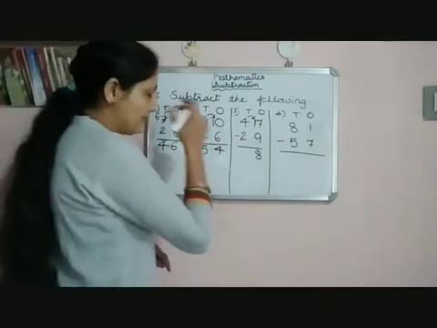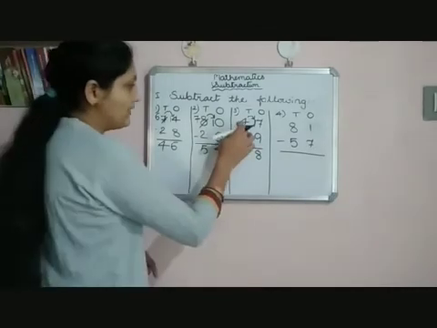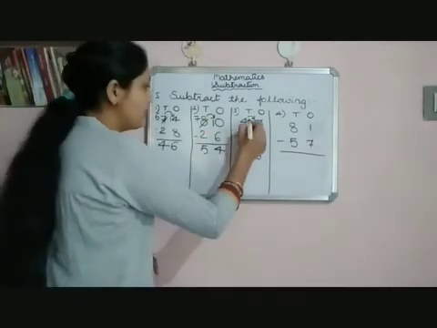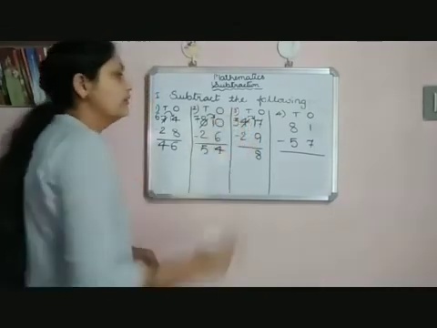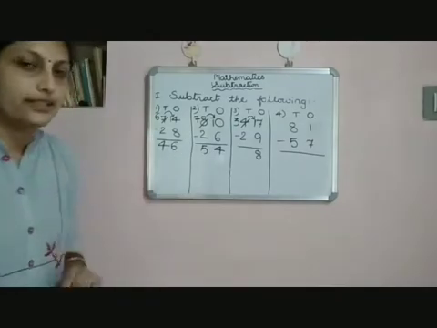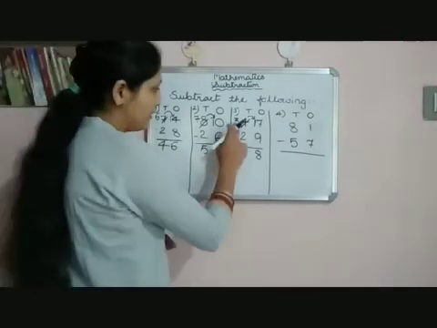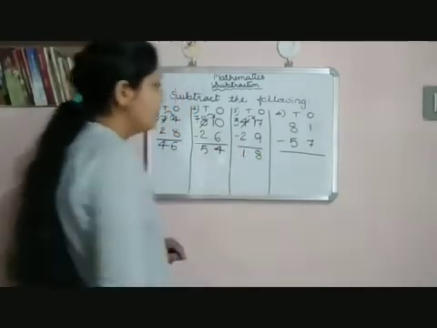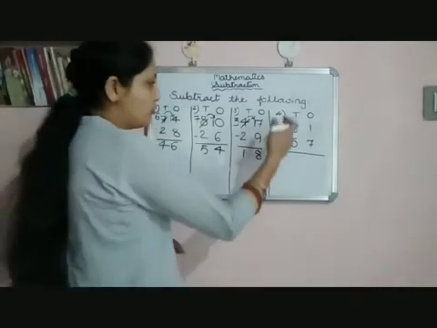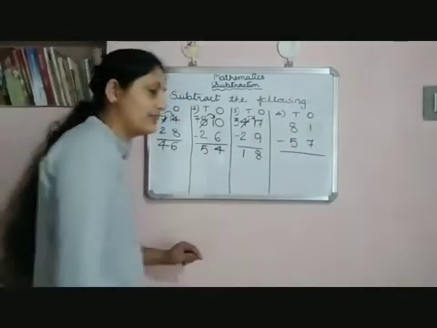Next, subtract the tens. So in the tens column, 4 is there. You have given 1 borrow to the ones column. So 3 left. 4 minus 1 is 3. So strike out 4 and write 3. 3 minus 2. 3 minus 2 is 1. So answer is 18. Fourth one, 81 minus 57 is there.